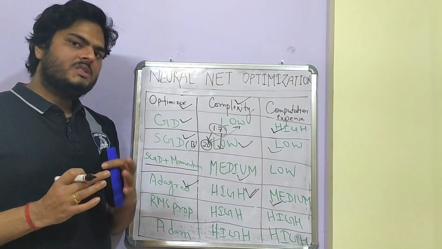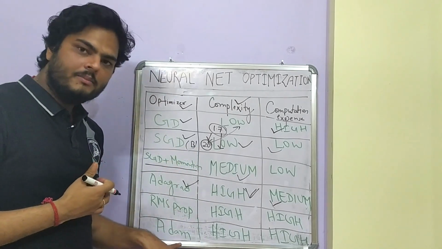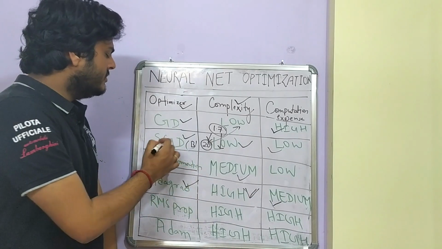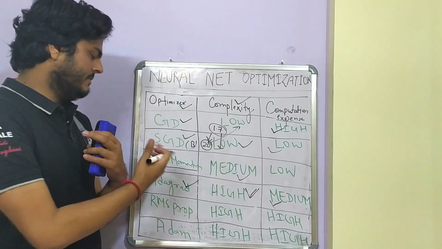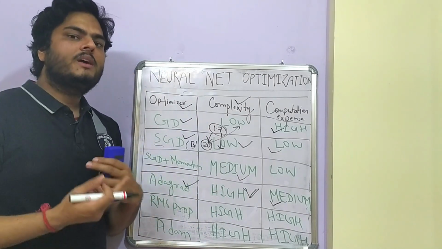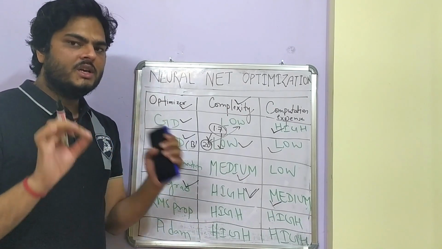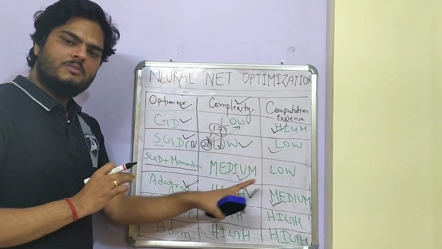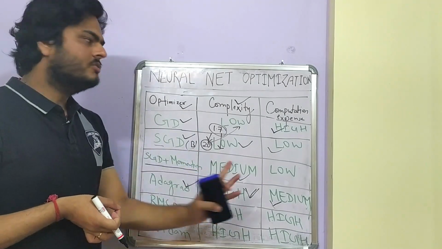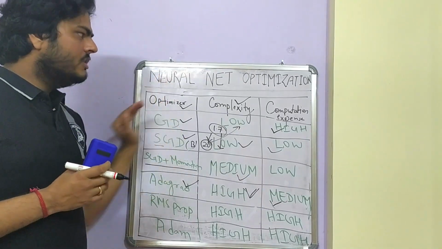So if you are confused about which algorithm to use, which learner or optimizer to use, you can go for Adam. And if you want your program to have less complexity, you can go for stochastic gradient descent or SGD with momentum. All these optimizers work in a specific way, and whether it will fit your data or not, we have to check in the data. But we should understand what all these algorithms do, which will be computationally expensive and which computationally easier, and also which will be easy to understand and which difficult. Okay, this was about the optimizers.